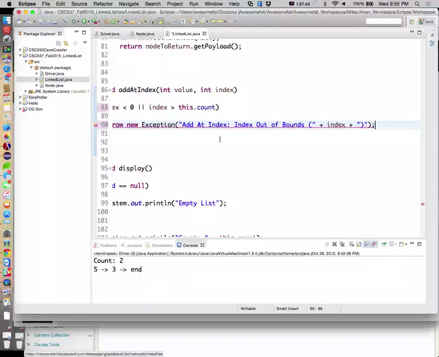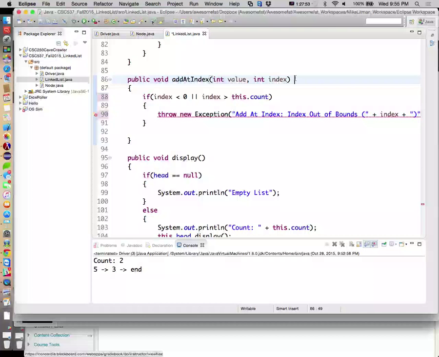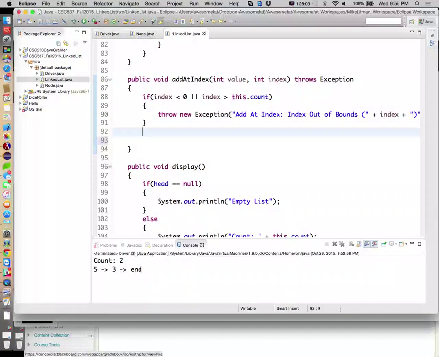Here we'll give them a nice little error message: an index. All right, and then this guy throws an exception. So if the index they asked us to add it to is out of bounds, we'll say out of bounds, right? We'll give an error.